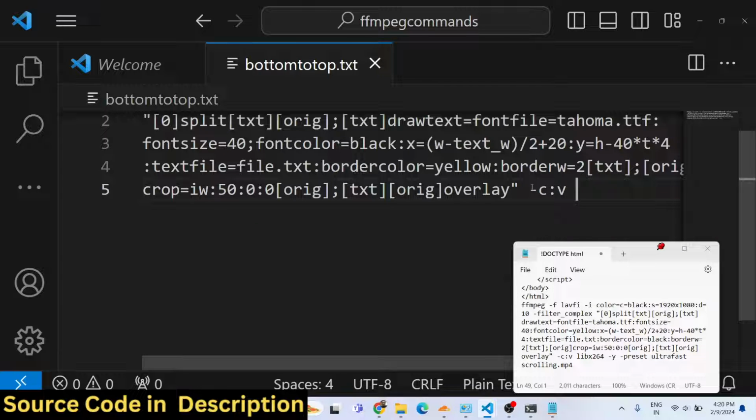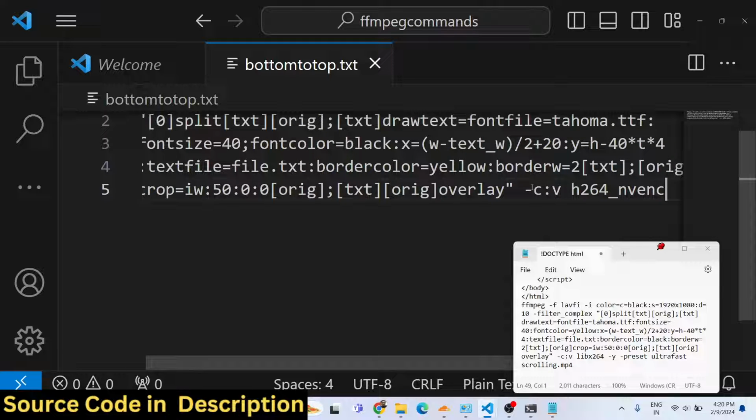And in this case we can provide our own, which is nvnc. I am using NVIDIA GPU, so I will actually provide my GPU. I will use the GPU for processing the video, which will be fast, NVNC. So if you don't have a GPU, you can just write here libx264. It will actually use your CPU for the processing. But I will be using our NVIDIA GPU, and for that we just need to